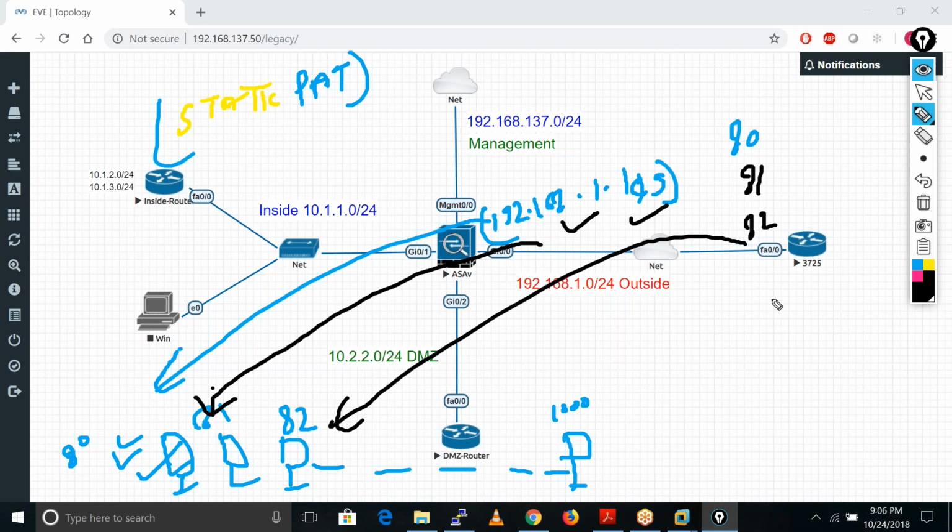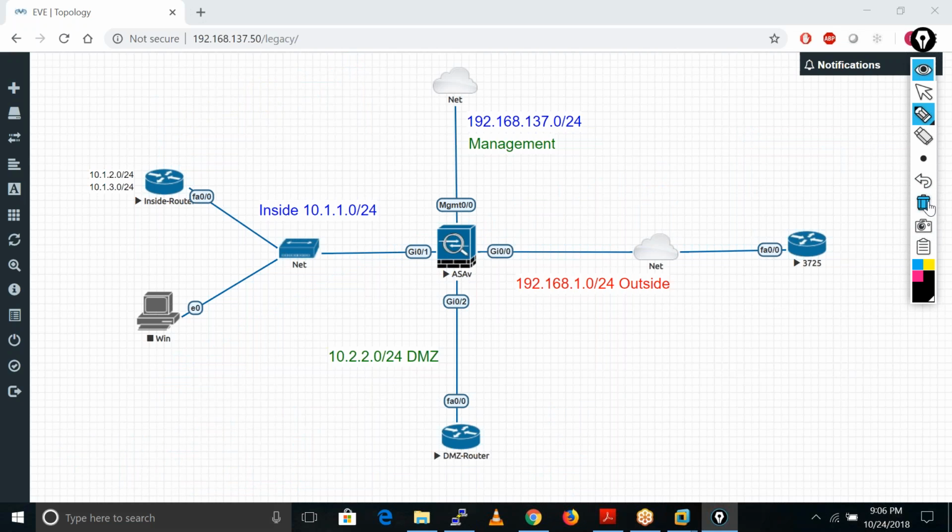So that is how the static path will work. Now you are clear with the static path as well, right? Let me also explain some more features. This is a server which has IP address 10.2.2.100, and it is running the service on port number 80.